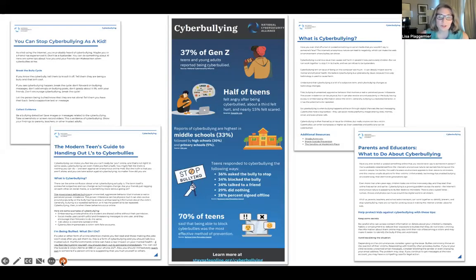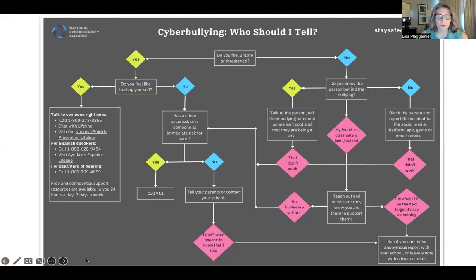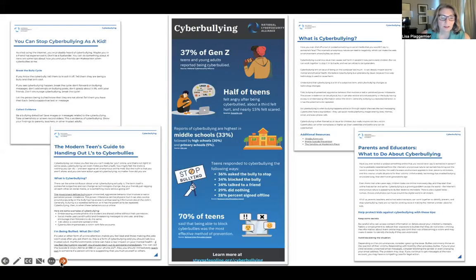What you're looking at now is a really handy flow chart, which is also a PDF. There's social media graphics and sample posts to use on social media. On the next slide, you can see some of the tip sheets that we've got. And again, there's tip sheets aimed at parents and educators, and then tip sheets aimed at younger children and teenagers. And what you see there in the very center is an infographic that we've put together on cyberbullying.